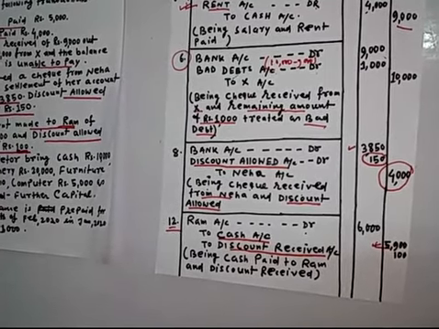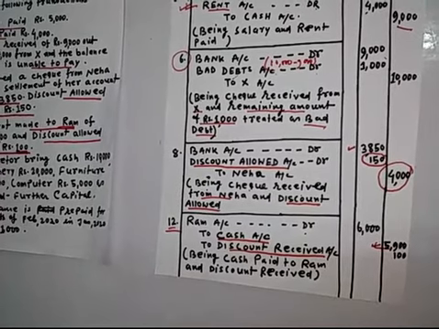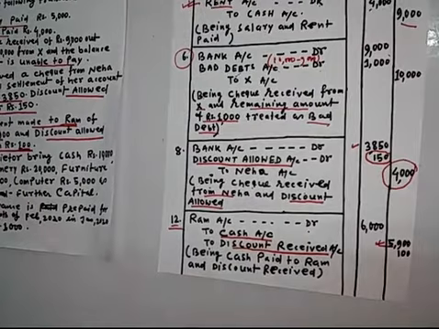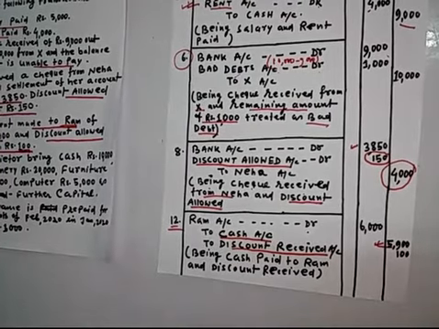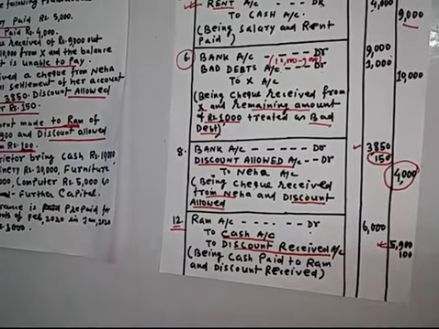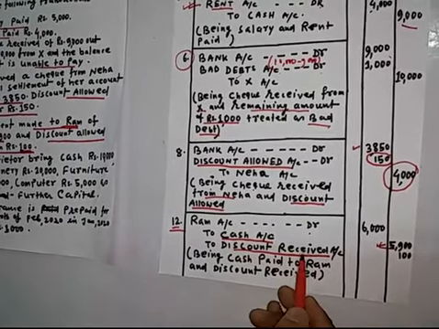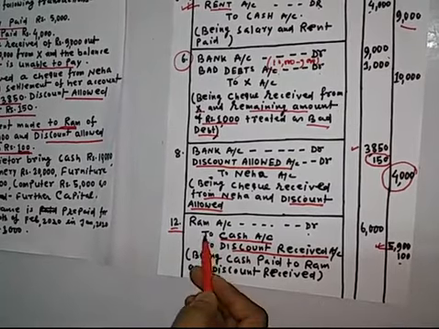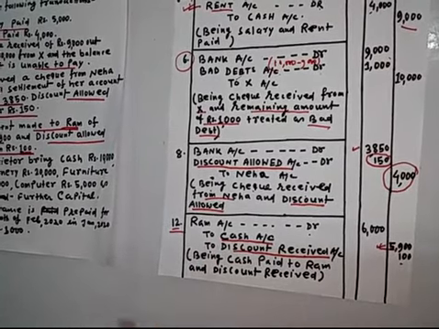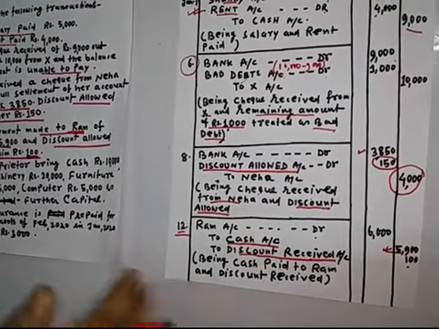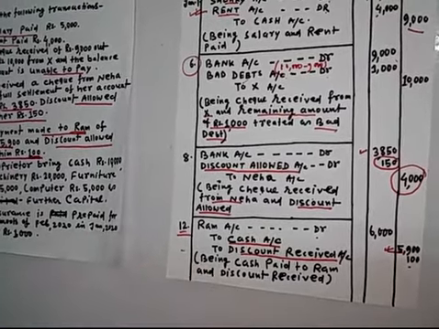So that is why you are paying 5,900 rupees, because you have to pay 5,900 rupees for full and final settlement, and you are getting 100 rupees as a discount. That is why discount received is an income, and that is why this is credit. And to cash account means the cash is going out of your pocket, 5,900. Clear on this part? Okay.